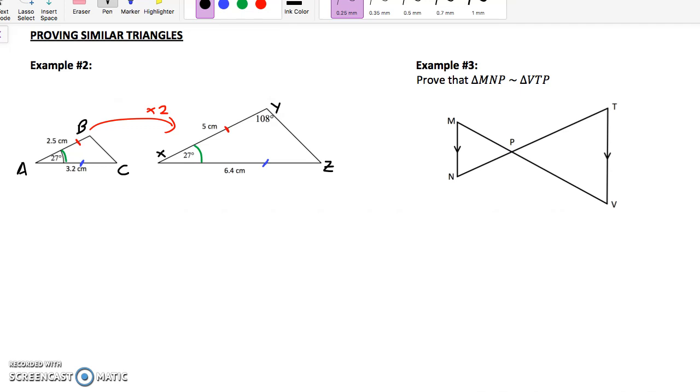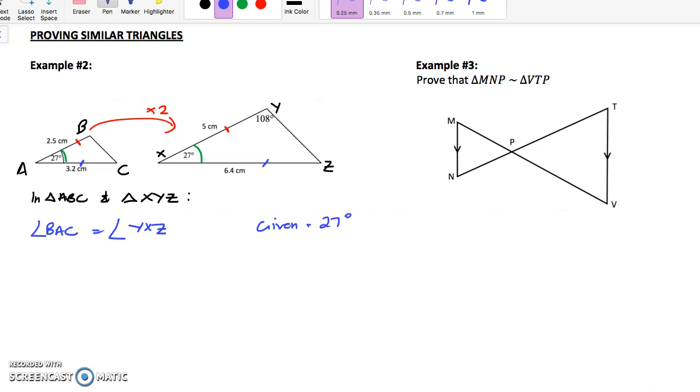So let's write a proof. In triangle ABC and triangle XYZ, I'm trying to get my vertices in the right order, so I'm hoping that they're going to be easy to correspond. Let's have a look at that angle first. I've got angle BAC is equal to angle YXZ, and the reason I'd give for this is it's given as equal to